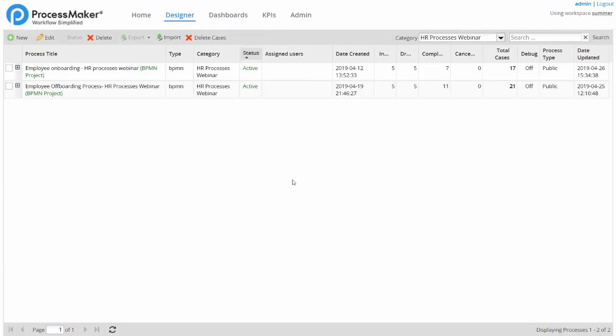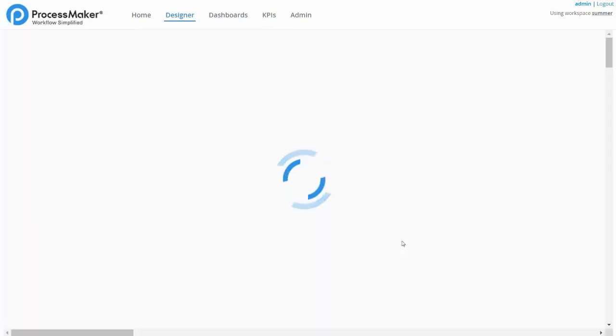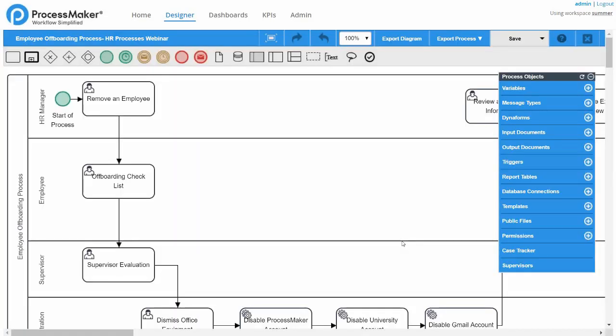Perfect. So the last process that I would like to show you today is related to employee offboarding. This is basically related to all of the tasks that we should complete once an employee is requesting to leave the company. This is a process that is often left behind. I mean, it's not properly defined in most companies, but this is really important in terms of